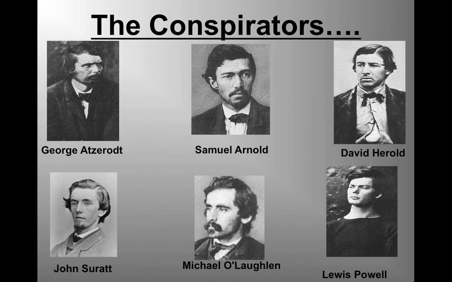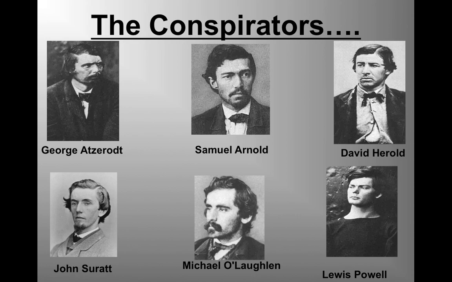The conspirators. Most historians believe that John Wilkes Booth did not work on his own, and it is widely believed that the 6 people pictured here, along with others, contributed greatly to the assassination of President Lincoln. In fact, this was truly a conspiracy in the fact that the plan was not only to kill Abraham Lincoln, but it was really to go after the entire Union government.